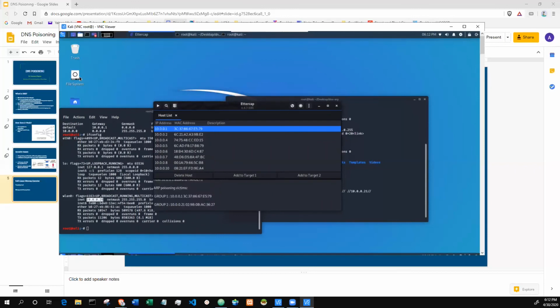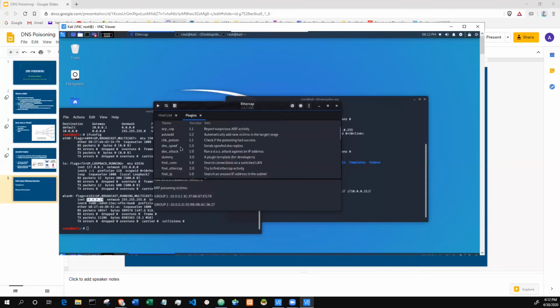Then, under plugins, manage plugins, I'm going to click on DNS spoof. I already set some configuration before, so we'll see how it goes. Unified sniffing. So if I go here,